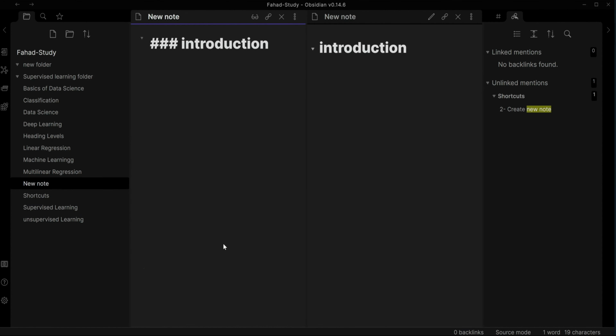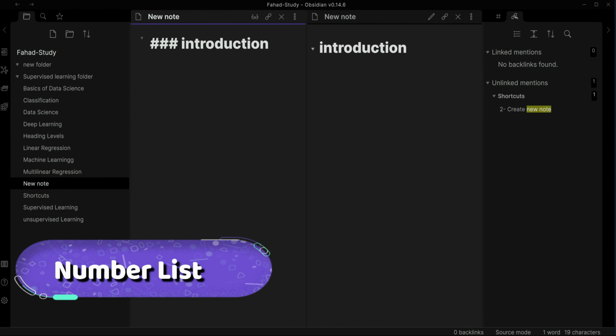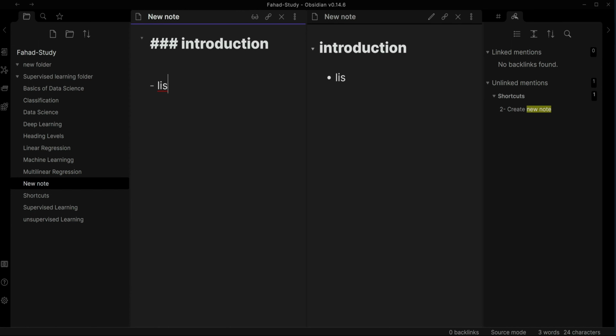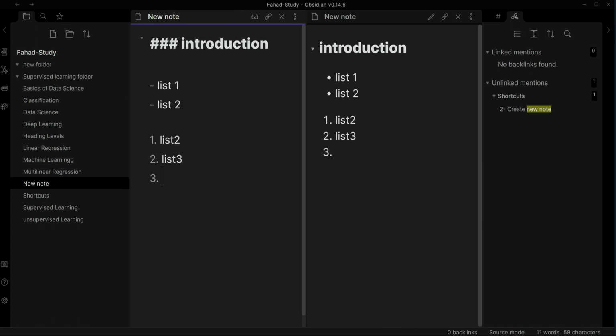In this video, we're going to learn how we write a numbered list. The regular list that we know is like dash and then list 1 and then enter. You'll see that it immediately wrote it for me. List 2. The number list is going to be 1 dot list 2 and then enter is going to be 2 point immediately, list 3 and then enter is going to be list 4, for example,